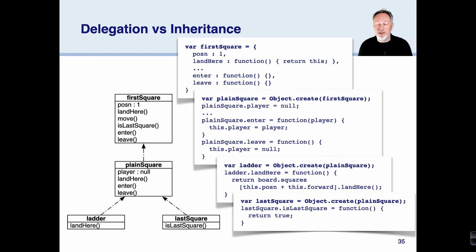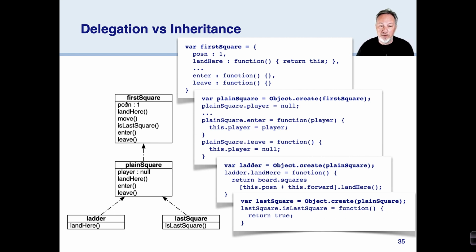Even though we can simulate classes in JavaScript, we would rather take full advantage of the language and have a design which exploits the prototype-based mechanisms that JavaScript provides. So instead, we won't have an inheritance hierarchy, because we don't really have classes. Instead, we'll have prototype chains. So here,